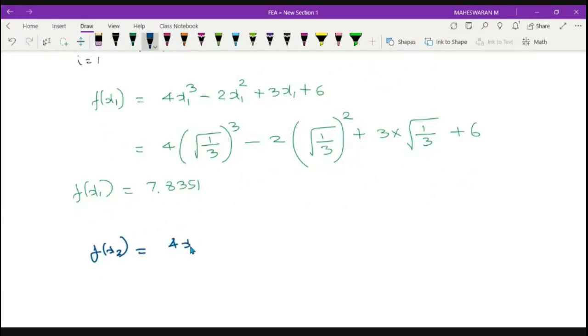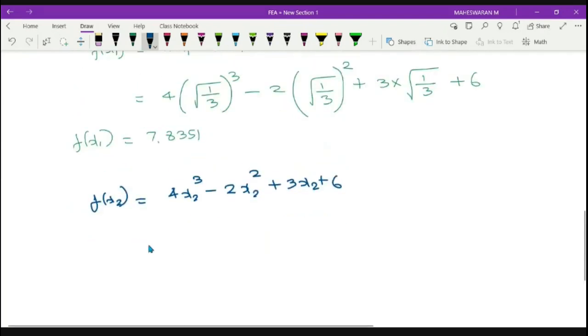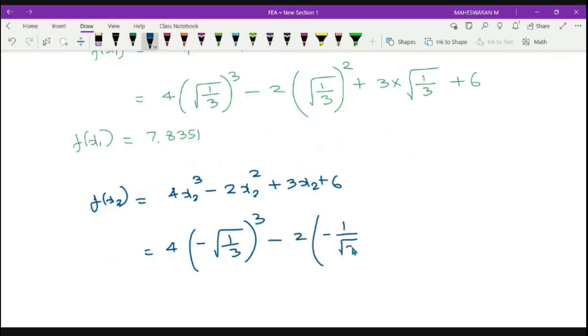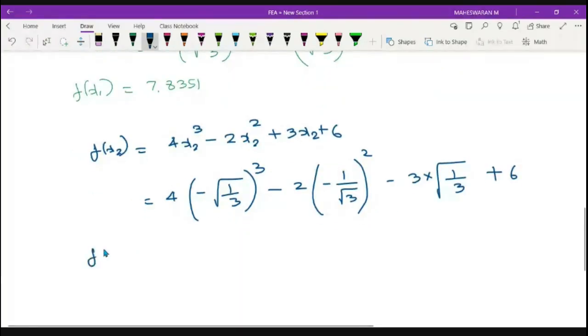Same. So 4x2 cube minus 2x2 square plus 3x2 plus 6. So x2 is minus 1 by 3. So now 4 times minus 1 by 3 the whole cube minus 2 times minus 1 by 3 squared, minus 3 into 1 by 3 plus 6. Okay, so now this is the value of f of x2,